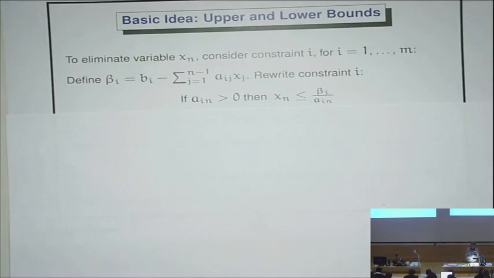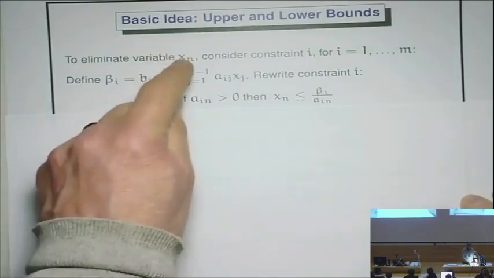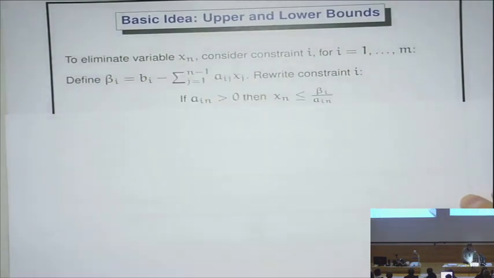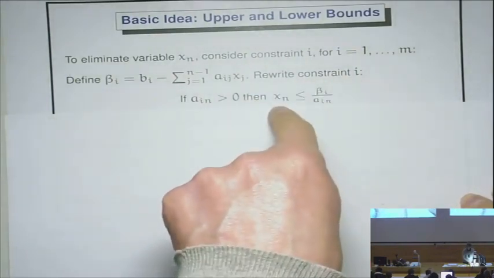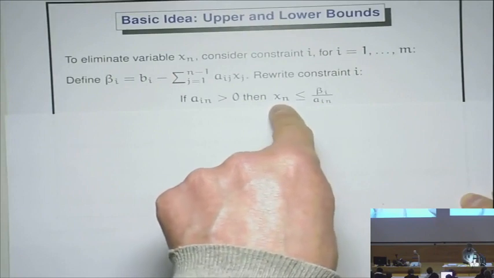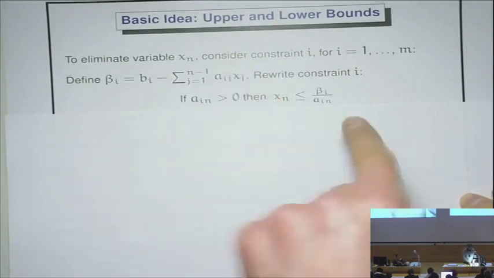But if you're doing it as an algorithm, maybe you'll do it in a completely deterministic way. So if you want to eliminate the last variable, you take all the other variables. You can define these things in terms of them, and then we rewrite the last constraint so that now xn has been isolated, right? So we've divided it by its coefficient,